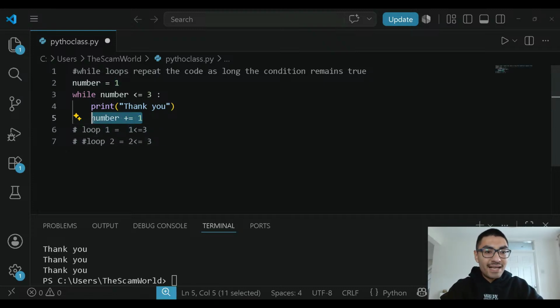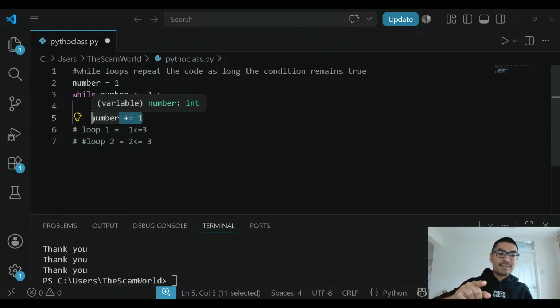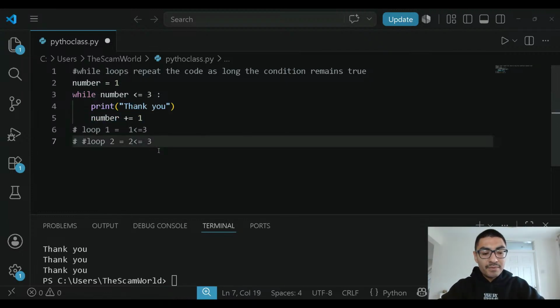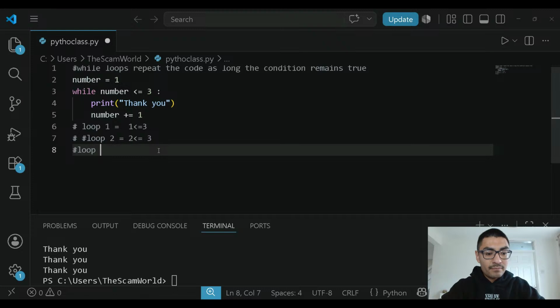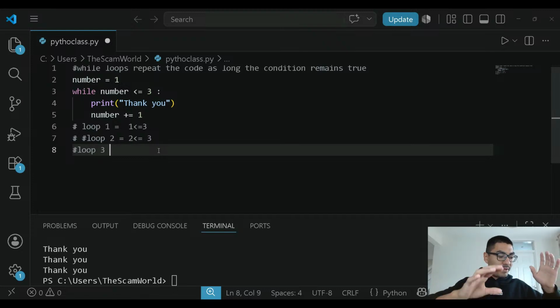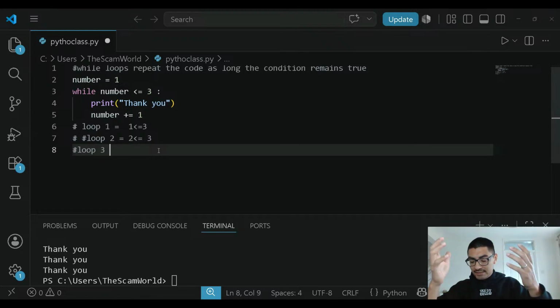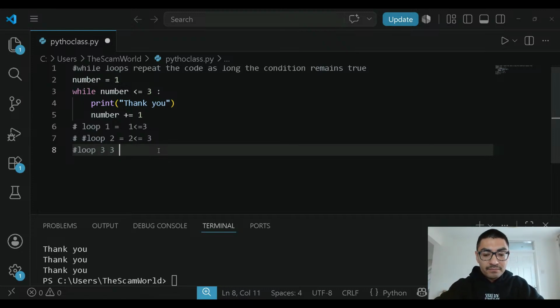So basically every time the loop runs, this command happens. So for example, the first time 1 is not greater or equal than 3. Second time, loop 2 is not greater or equal than 3. Then we're gonna do loop 3. So these are just comments. What I'm writing right here are just comments so you guys can see what's happening behind the scenes. But basically on our loop 3 equals,